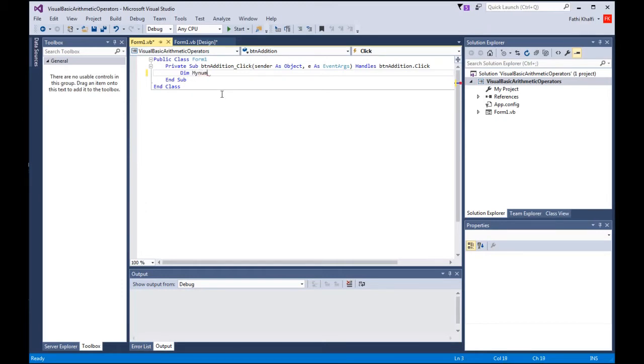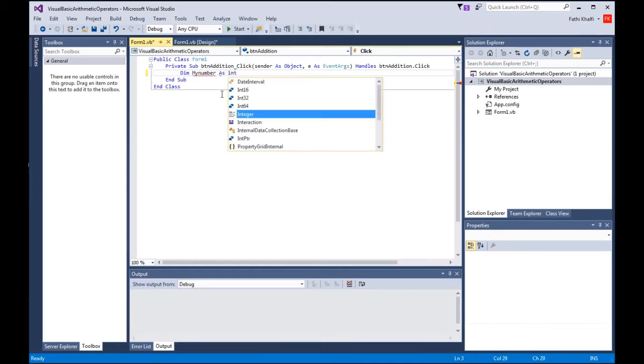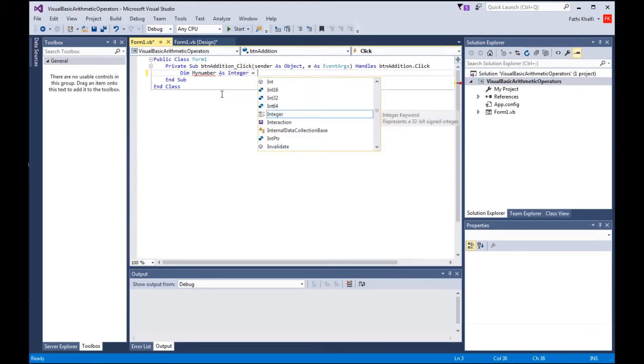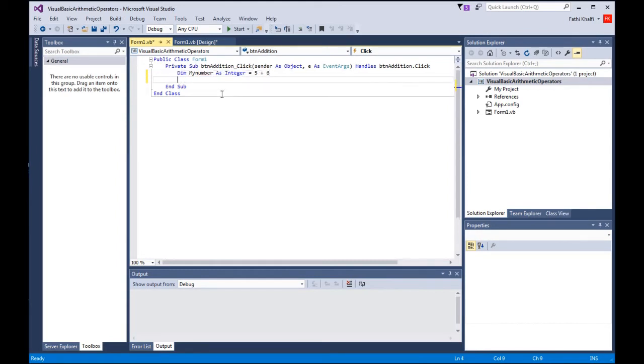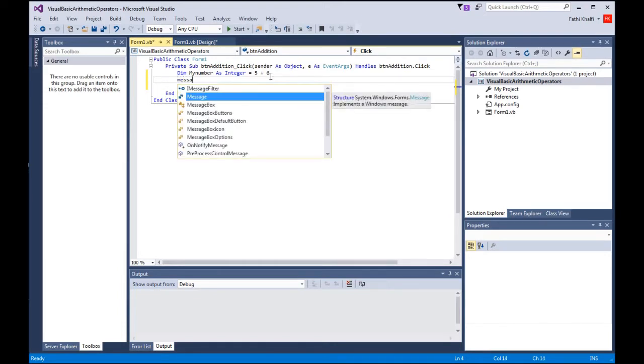my number as integer equals 5 plus 6. Okay, so this is how you perform the addition, by using the operator plus, the plus sign. Okay, so what I did here, I added 5 plus 6 and the result will be assigned to the variable my number. Okay, in order to view this, I'm gonna say message box dot show